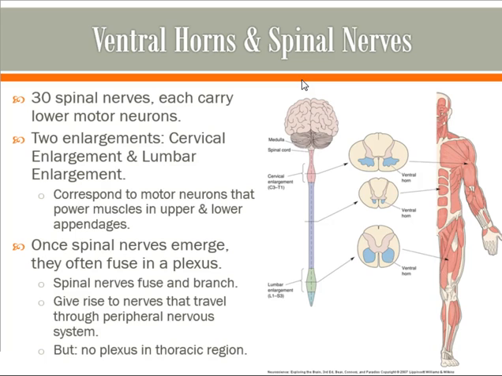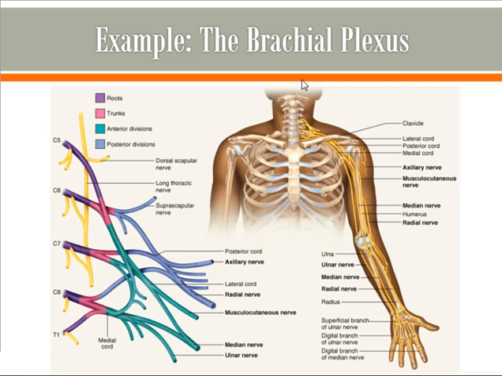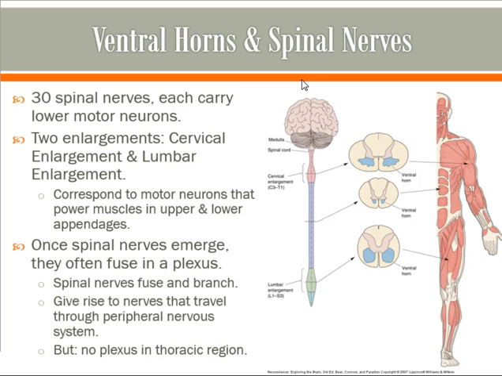Now, one thing that your book doesn't really show is that once your axons emerge from the ventral horn of gray matter, they go out through the ventral root, they go out through the spinal nerve, but once they form the spinal nerve, they don't make a beeline to the targeted muscle organ. Instead, they undergo these really complicated branching patterns called plexuses, and that's what I'm trying to show here. In fact, it kind of says this here. So oftentimes, I'll go back to that in a second, sorry.